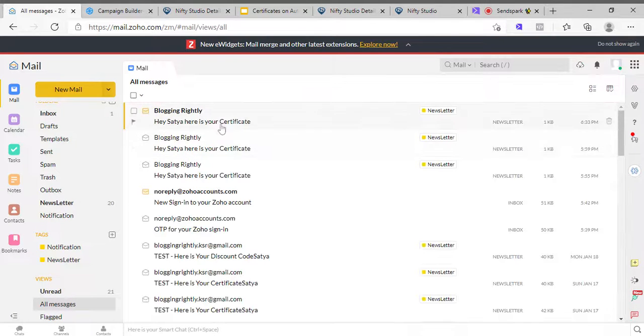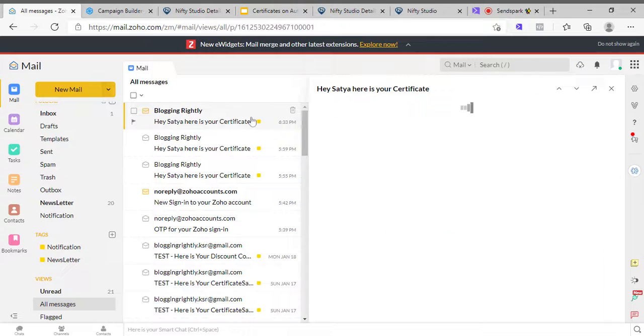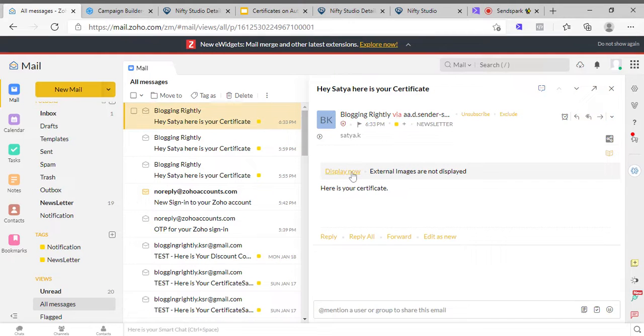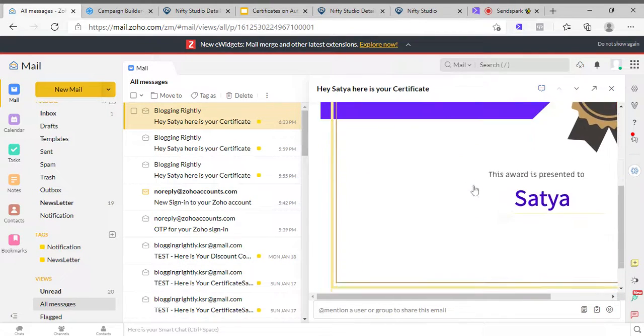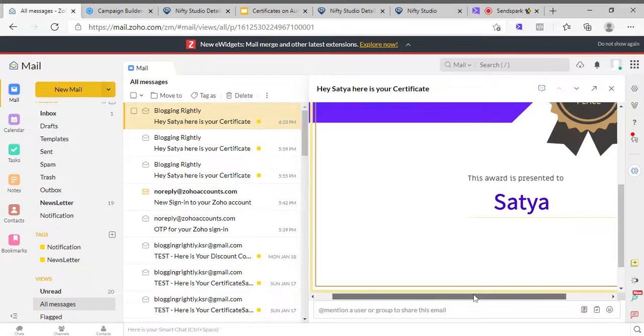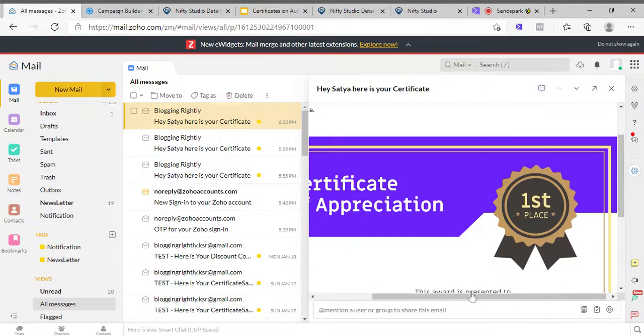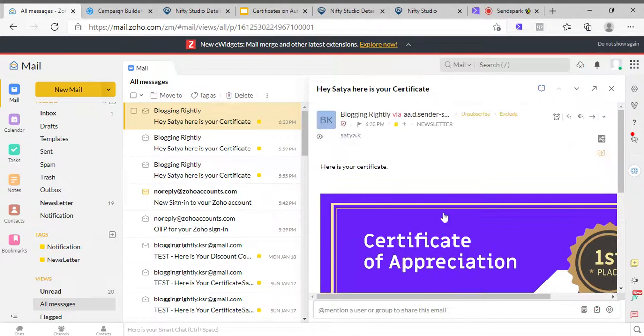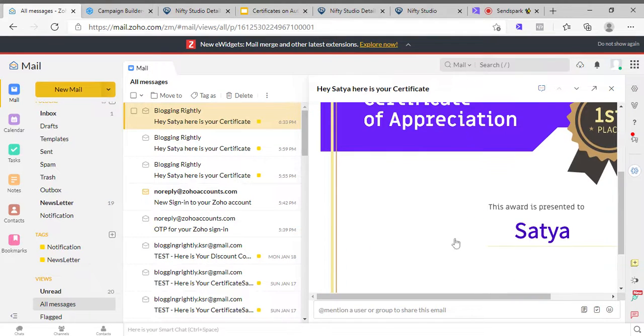So here you go. So here is a certificate. Just need to click on image display now, so you can see here that I have received the certificate. So all this works on automation, so nothing you need to do here.